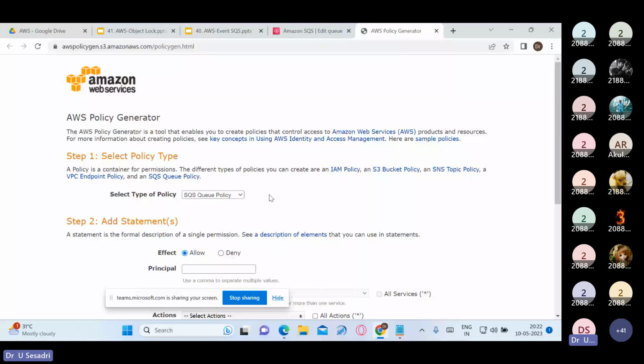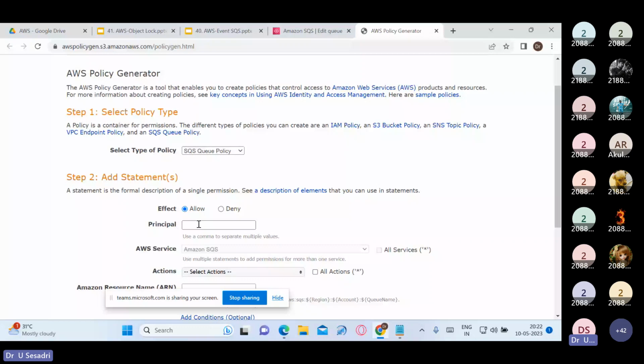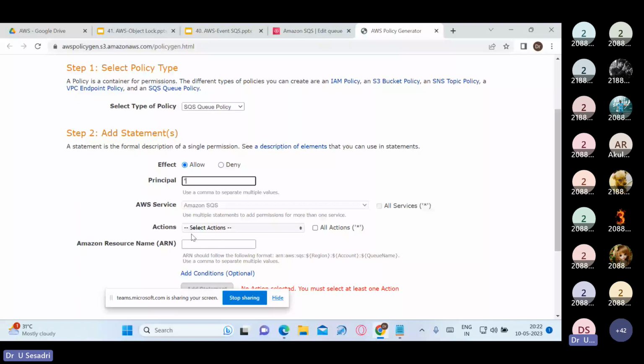Next, add statement. Here in add statement, we can enter star in principal. We can select actions as all, we'll put the tick mark,